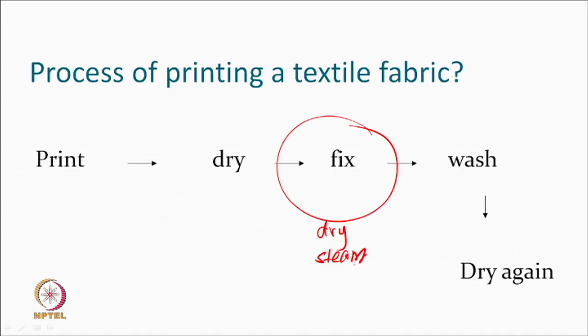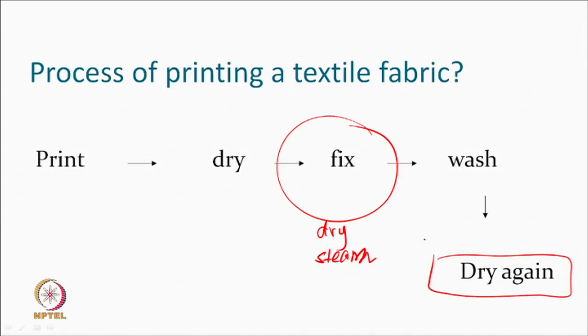So, these days your steam also is atmospheric steam or superheated steam, so high temperature steam. Any of them can be used depending on which fiber, which dye combination you want, and then you wash. Obviously, you have to wash because you have added so many other things, which we will see, which were not part of your plan. You wanted only dye, but you have a lot of things. Wash and then dry.